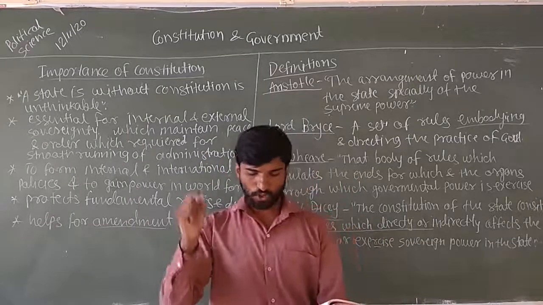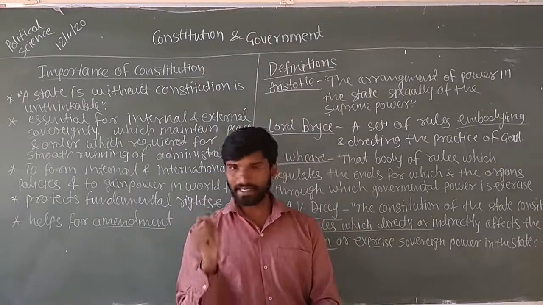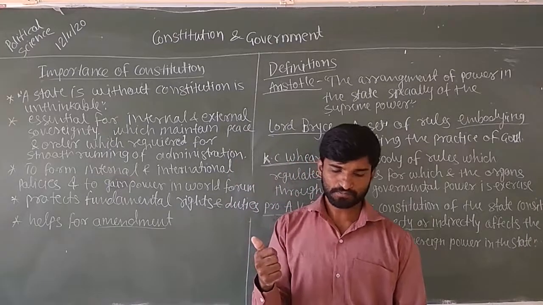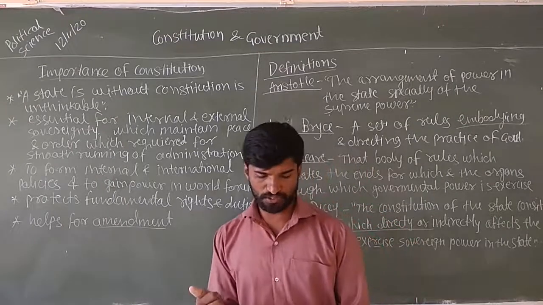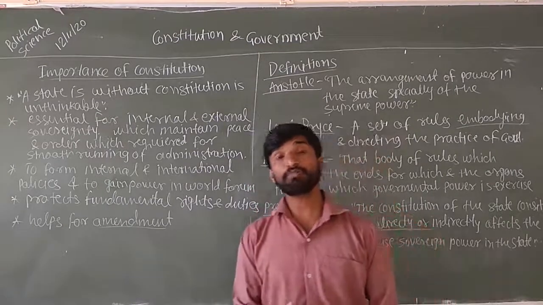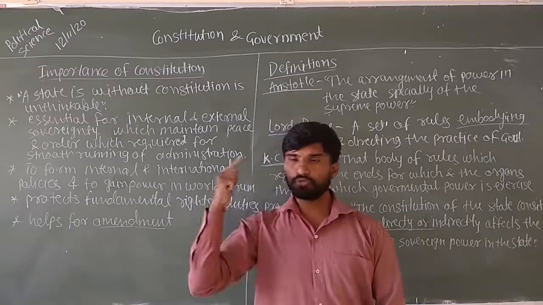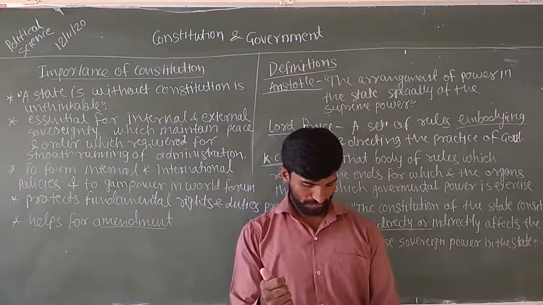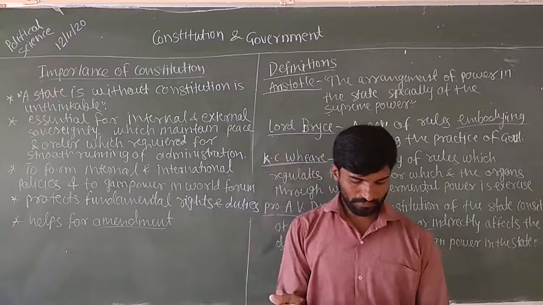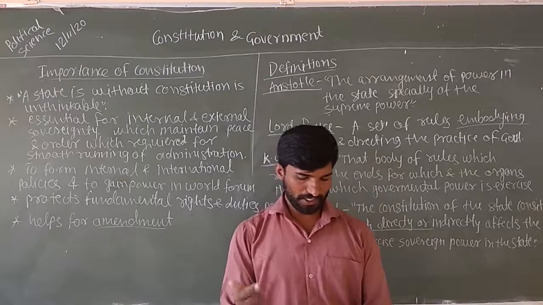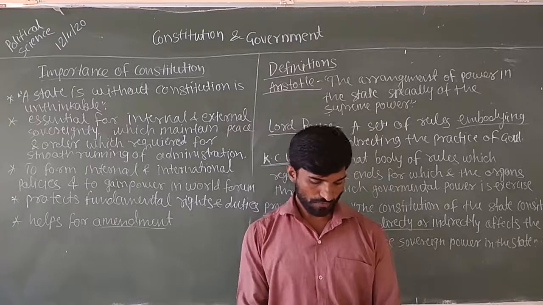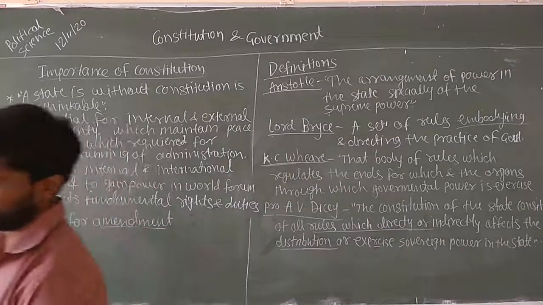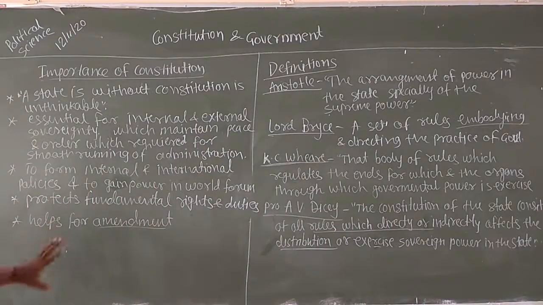The objects of the constitution, in short, are to limit the arbitrary actions of the government, to guarantee the rights of the governed, and to define the operation of the sovereign power. So this is in brief about